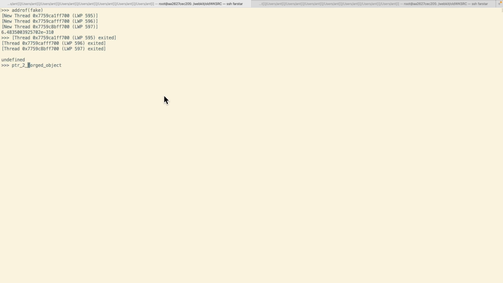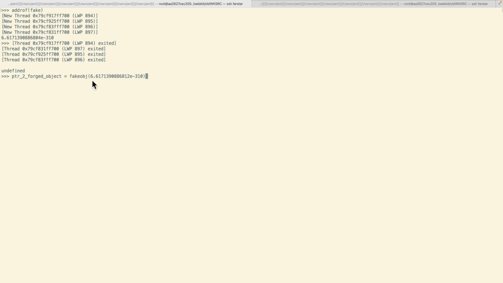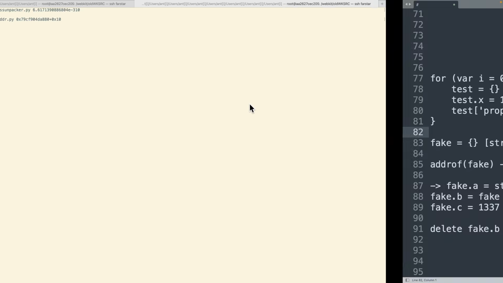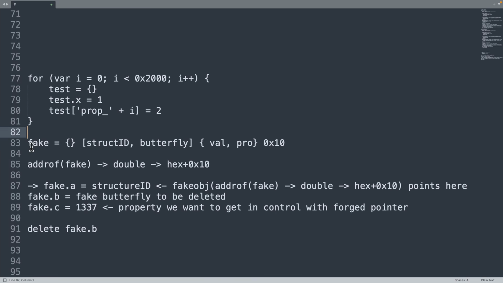A pointer to a forged object, okay, and we call FakeObj, and we give this value, which, remember, is pointing 16 bytes after the starting point of fake. Now we got the address of fake, and then we actually made some calculations here to get to the offset that we want. So to recap for a second,